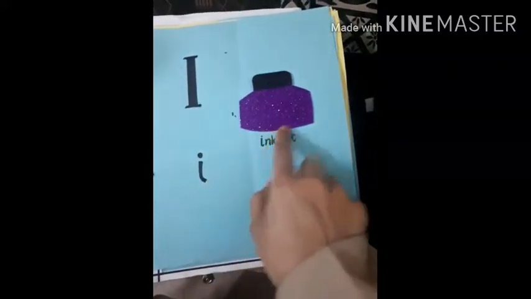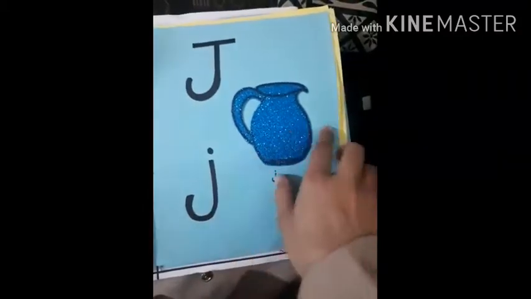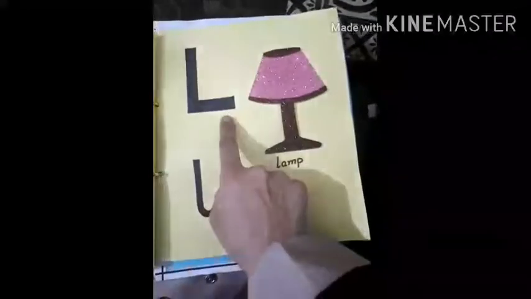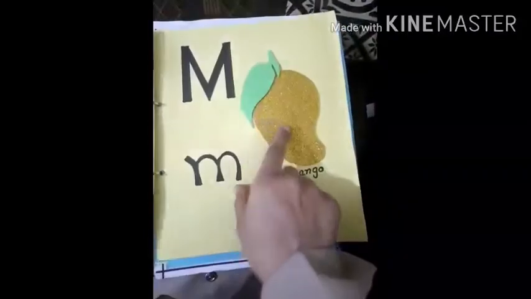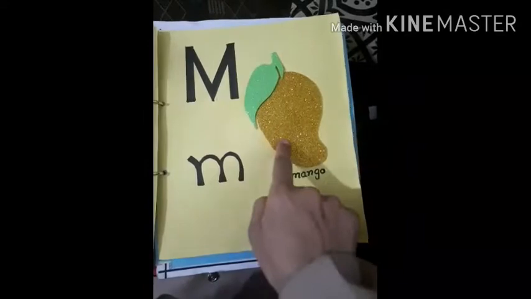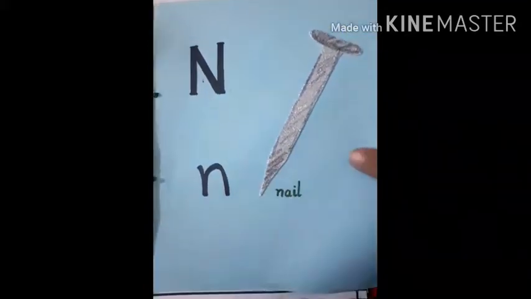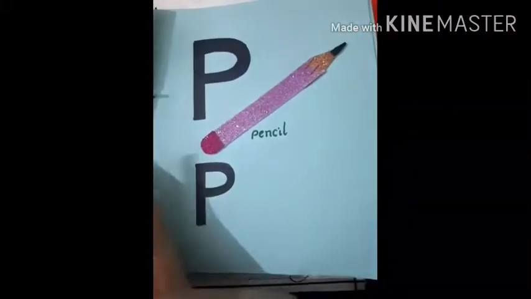I as an ink pot, ink pot. J as a jug, jug. K as a kite, kite. L as a lamp, lamp. M as a mango, mango. N as a nail, nail. O as an orange, orange. P as a pencil,